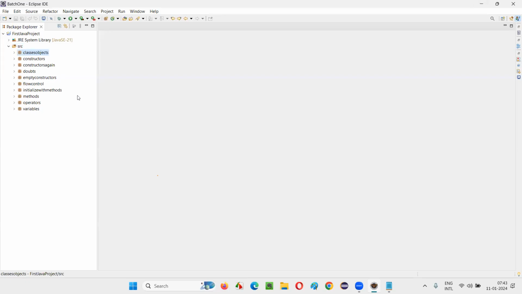Fine. So now comes the actual part. Now everyone understood the constructors part. Is it clear? Type C in the chat box. All clear about constructors now?